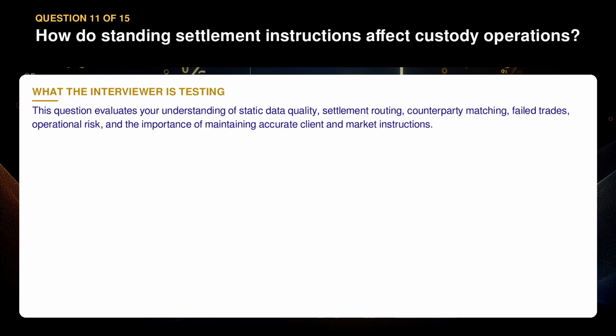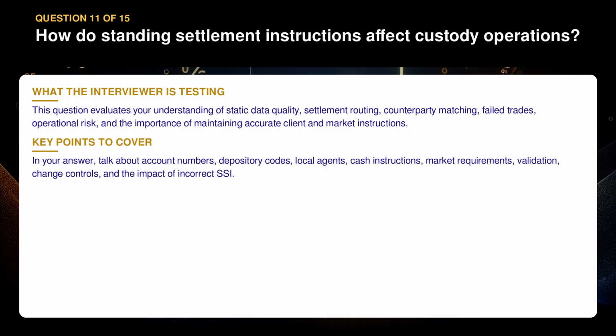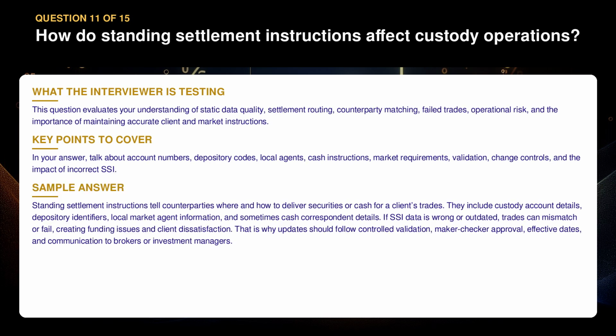This question evaluates your understanding of static data quality, settlement routing, counterparty matching, failed trades, operational risk, and the importance of maintaining accurate client and market instructions. In your answer, talk about account numbers, depository codes, local agents, cash instructions, market requirements, validation, change controls, and the impact of incorrect SSI. Standing settlement instructions tell counterparties where and how to deliver securities or cash for a client's